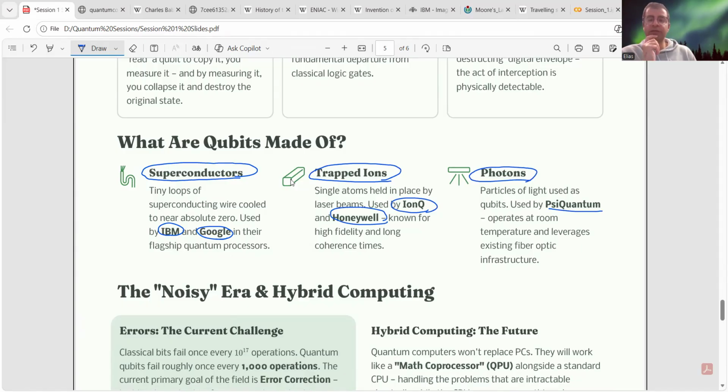This is not the only way. There are other techniques like neutral atom and a couple of other techniques that have been used. And at the end, we have to see which one is going to give us the best result. But just know that there are different materials that have been used for building quantum computers. And still, we have to see finally which one gives us the best result. But of course, as IBM and Google are both at the forefront of this competition, superconductors have shown better results so far.